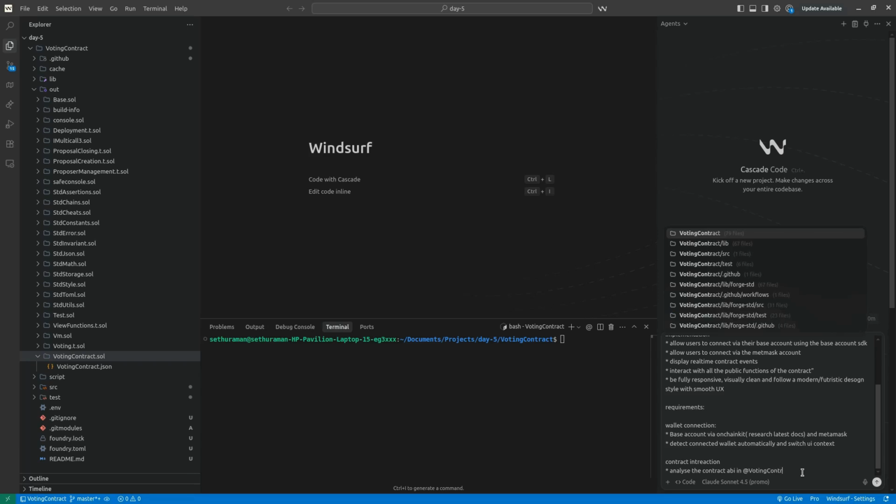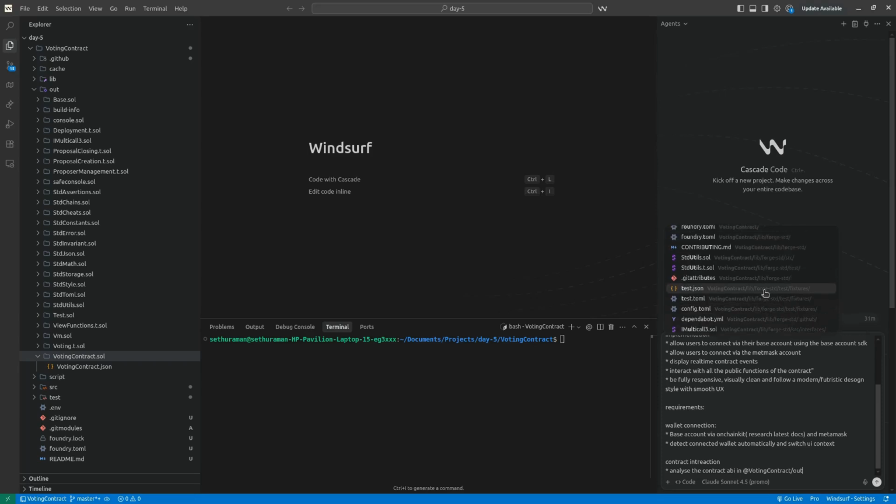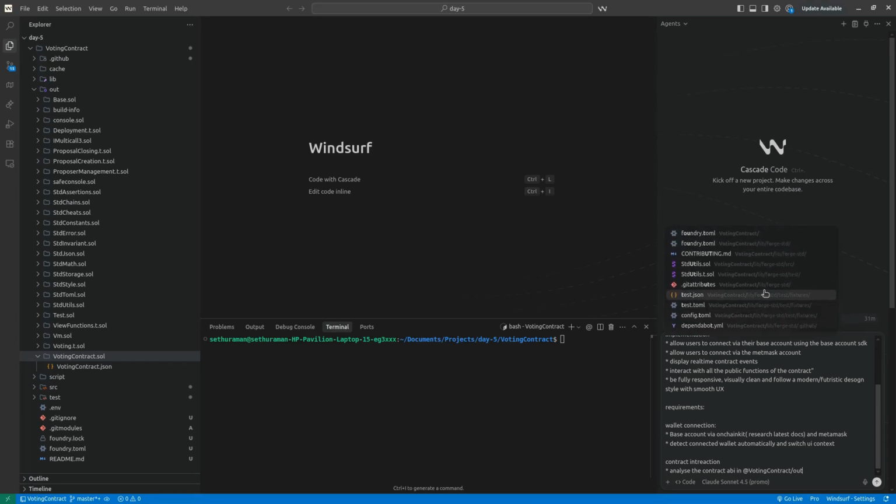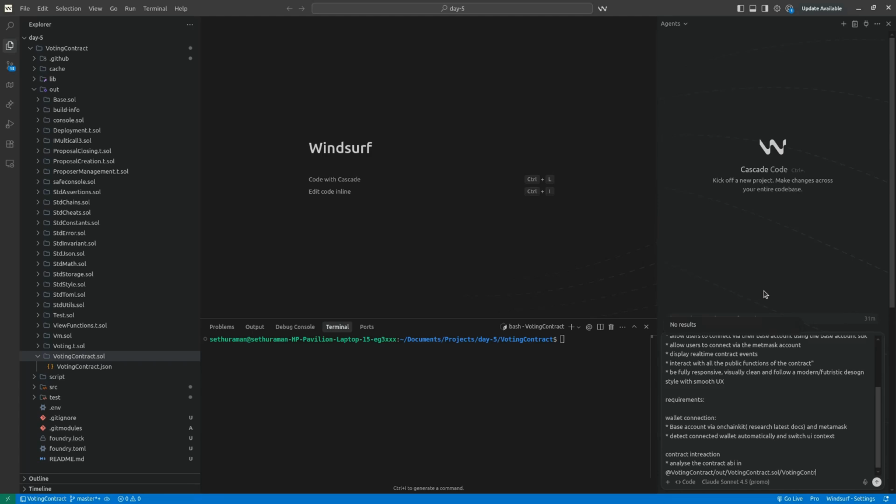Voting contract slash out. Oh, is it because it's, okay? Maybe it's because. Oh yeah, I'll just give the whole location. Out slash voting contract dot sol slash voting contract dot JSON